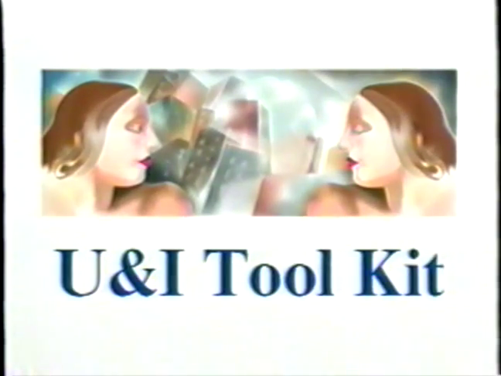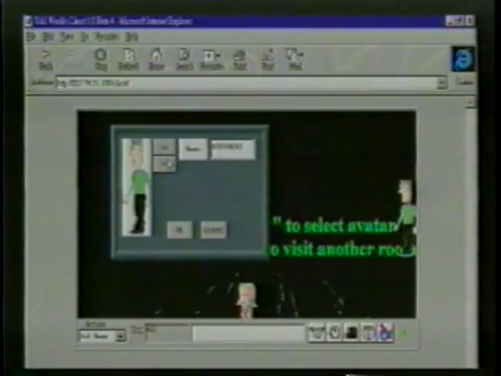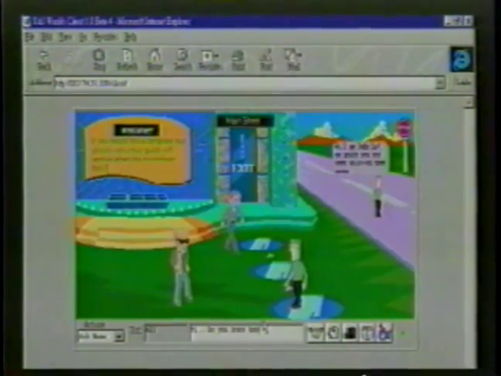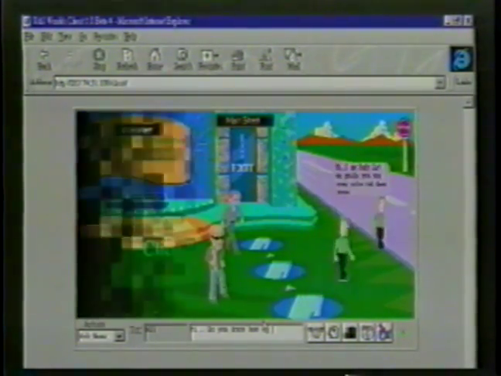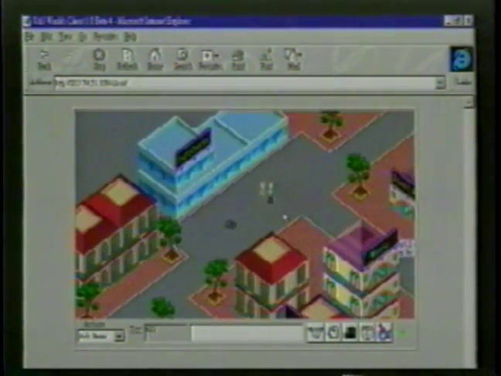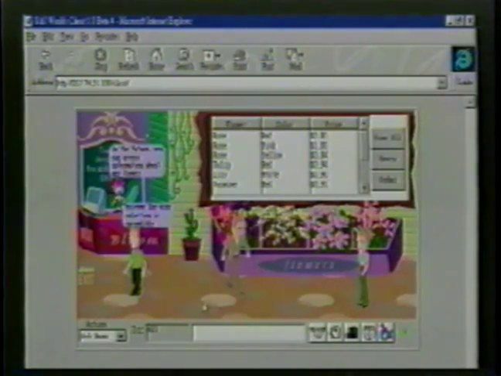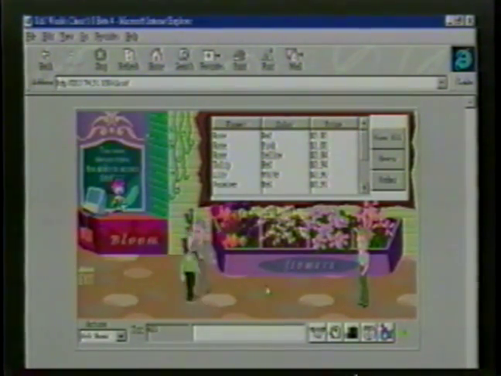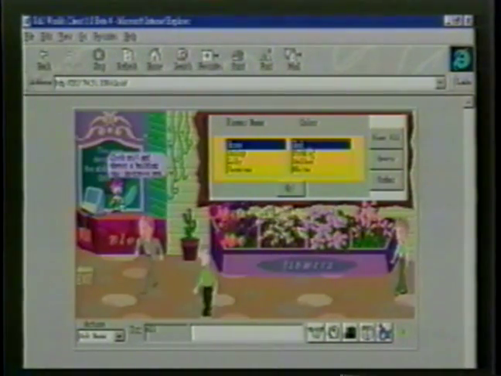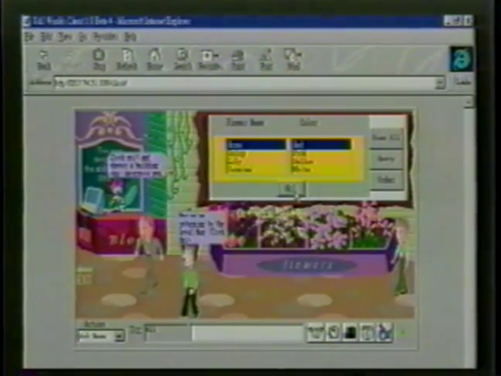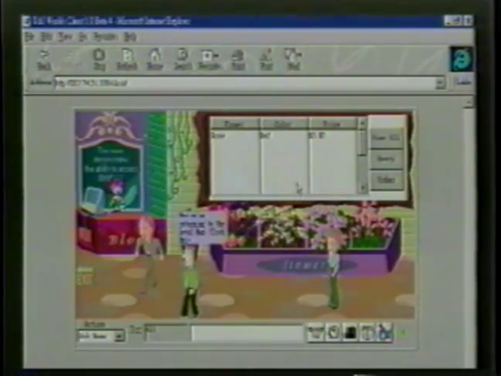UNI Interactive has created a foundation that makes such true interaction possible, the UNI Toolkit. UNI Toolkit allows a web designer to create a virtual world where a user's persona is represented by an avatar, a figure on the computer screen. The avatar has the option of either participating or being invisible in rooms. In this flower shop, you can browse through the selection, ask for prices, or order a bouquet from the robot shopkeeper through a database interface.